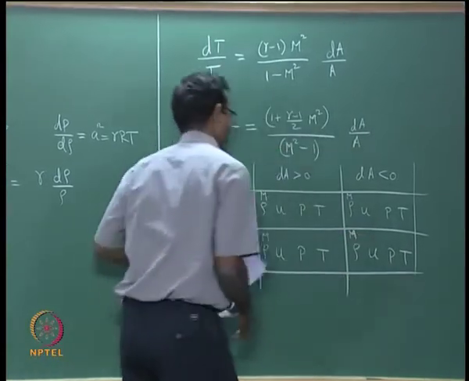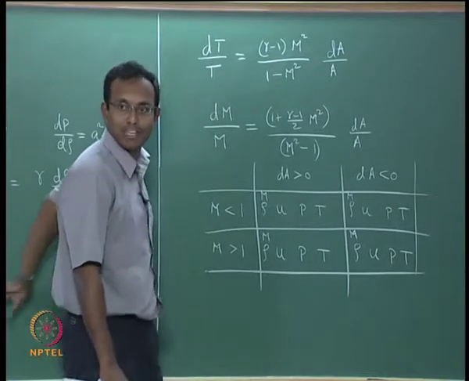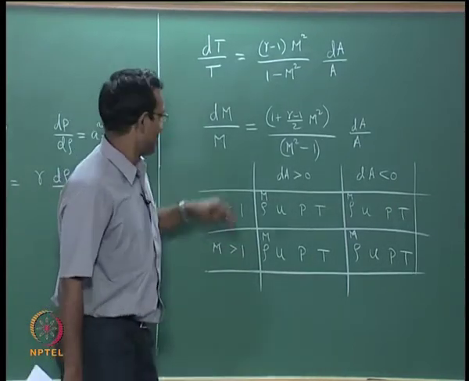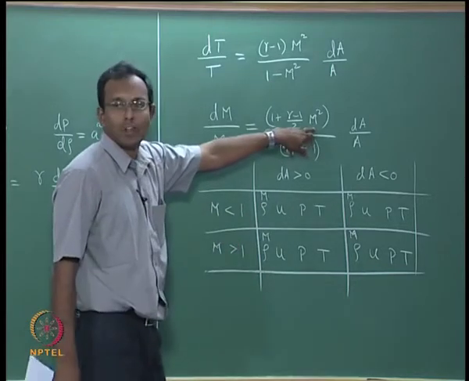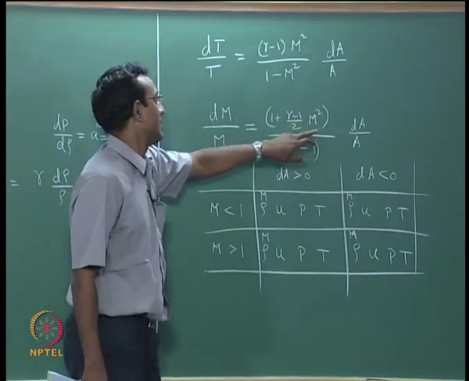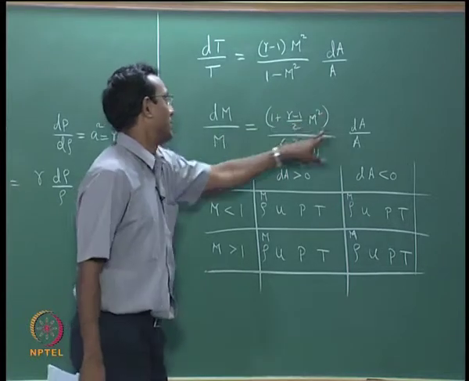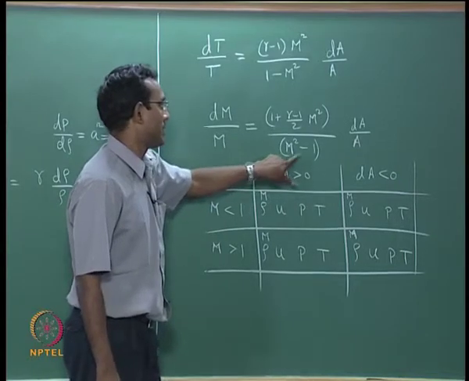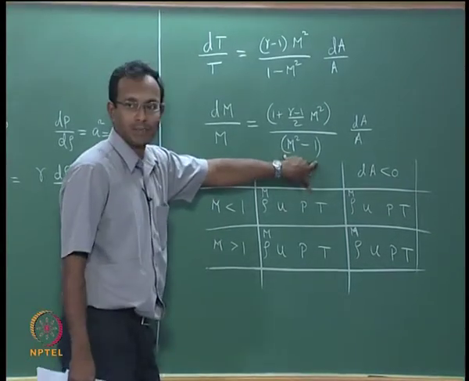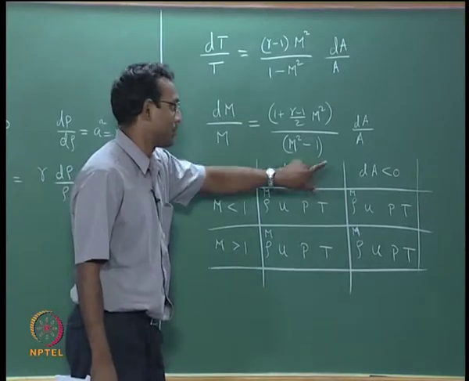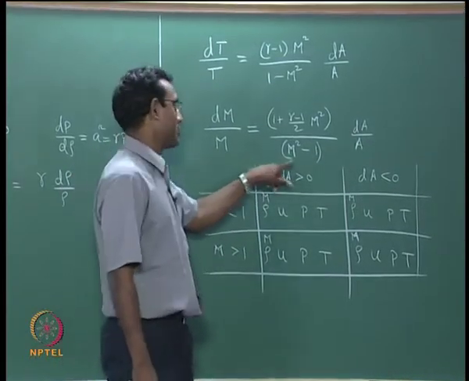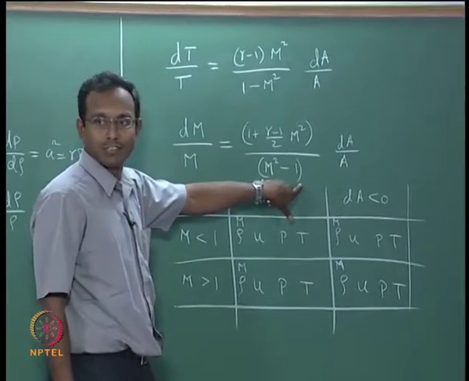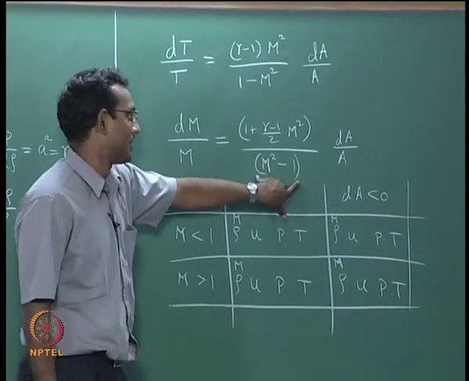Of course, we have expressions for all of them. We just wrote an expression for every one of them. Okay, we will just look at this. M square is always positive, and is just going to be some number for any particular M. But here, if M square is more than 1, this is going to be one sign, positive. If M square is less than 1, it is going to be the opposite sign, which means if my Mach number is supersonic, it is going to be a positive sign. If it is subsonic, it is going to be a negative sign. This is the critical thing.